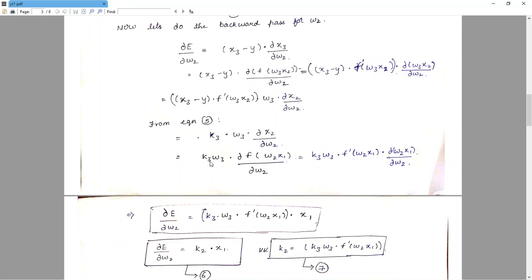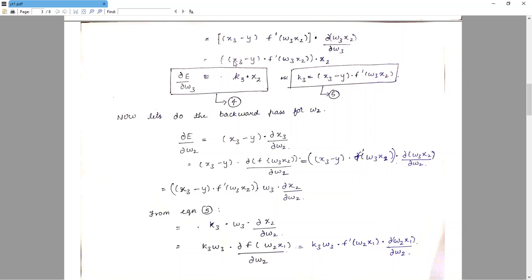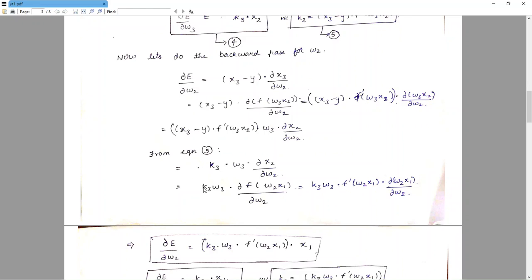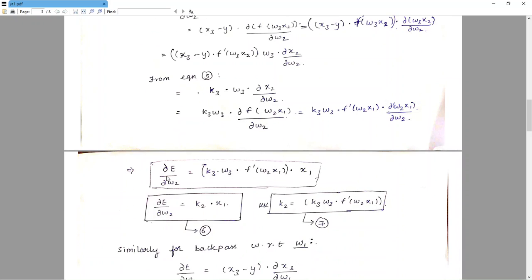So expanding that, this x3 minus y into f dash w3 x2 can be replaced as k3 and w3, and this is dou x2 by dou w2. k3 into w3 into dou f of w2 x1 by dou w2, right? k3 into w3 into f dash w2 x1 into dou of w2 x1 by dou w2, which means it's simply dou e by dou w2 equals k3 w3 into f dash w2 x1